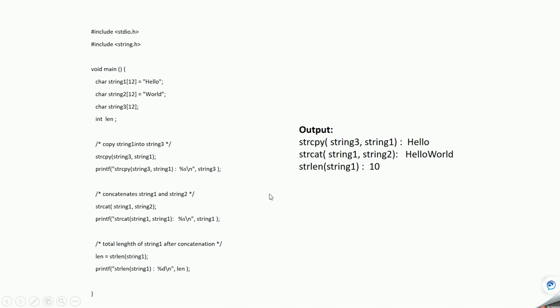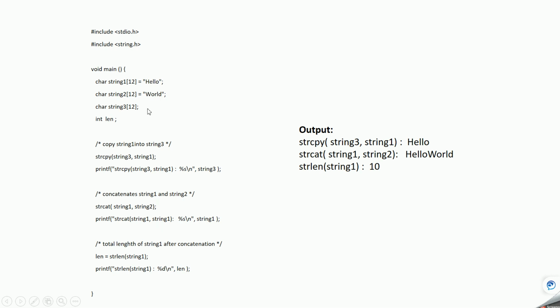And one more thing to keep in mind: string 1 and string 2 were combined and stored in string 1. First it had only 5 characters, and now it is becoming 10 characters.